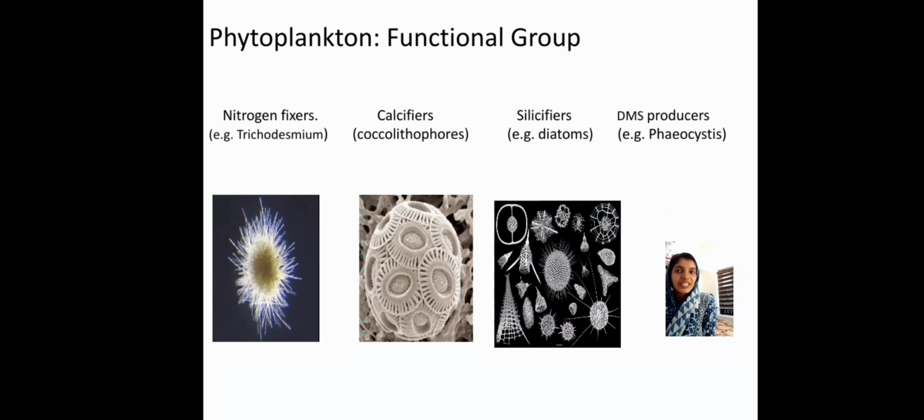So silicifiers, which are commonly known as diatoms, have silica frustules that surround and protect the cells. Diatoms are typically large-celled, and this combined with the presence of the silica frustules makes them slightly negatively buoyant, and therefore they tend to sink rapidly out of the surface layer of the ocean. So the silicifiers contribute to the transport of carbon, nitrogen, and silica to deep waters. Though diatoms are the major silicifiers in the ocean, some phytoplankton belonging to the chrysophytes, silicoflagellates, and xanthophytes are also known to be silicifiers.